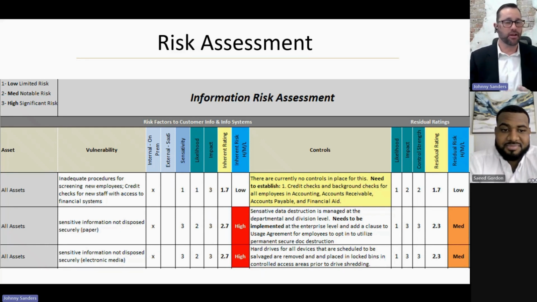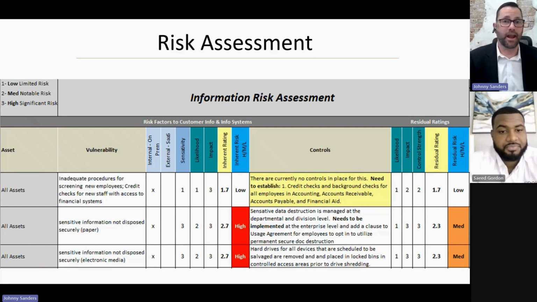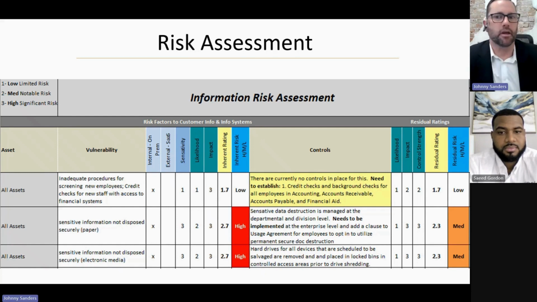As stated, you're going to identify your internal and external risks or threats to data or your systems. Have a little inherent score, as we have on the left-hand side of the controls column here. Likelihood and impact, we should be measuring those things. Then the controls column will identify the control that we have in place to reduce that risk. And then on the right-hand side of the control column is where your residual ratings come in.